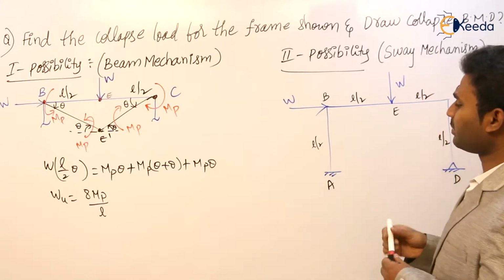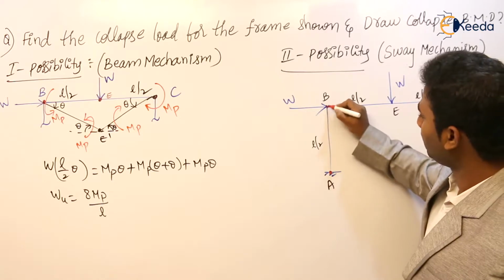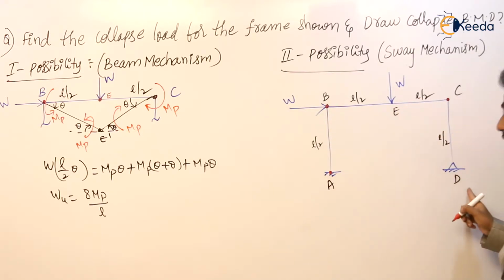For the formation of the sway mechanism, the hinges should develop at A, B, and C, and at D,